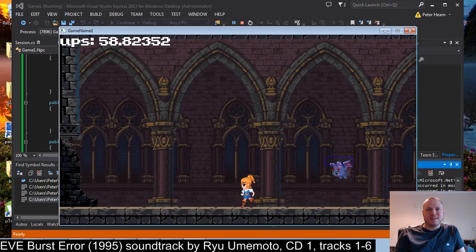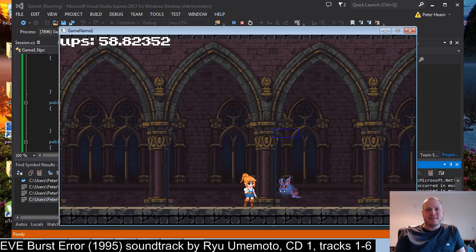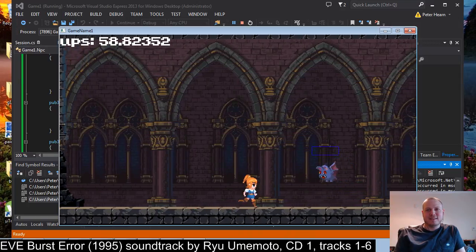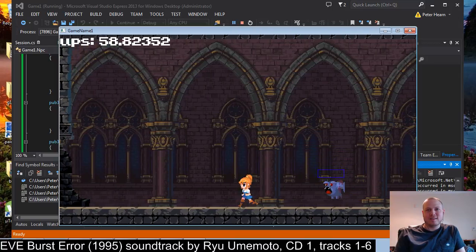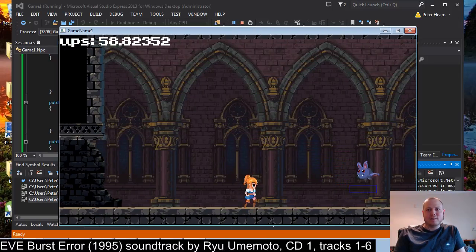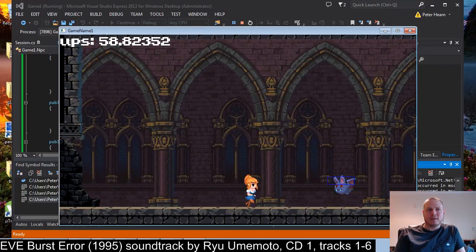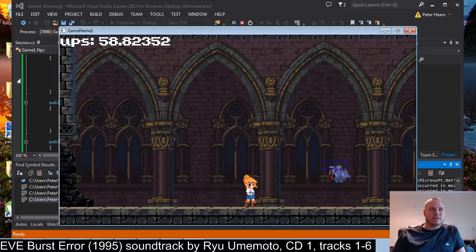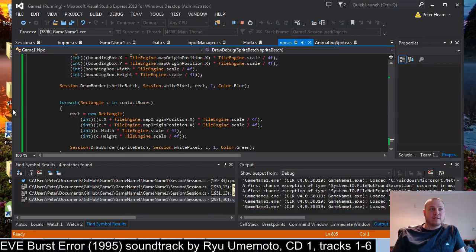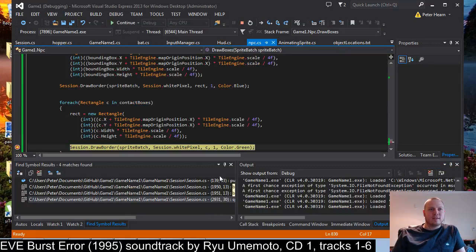Oh, we got the blue one, and now it's acting up again. It's weird that horizontal movement would mess it up. But even weirder is why the other ones aren't getting drawn. They are getting drawn, but